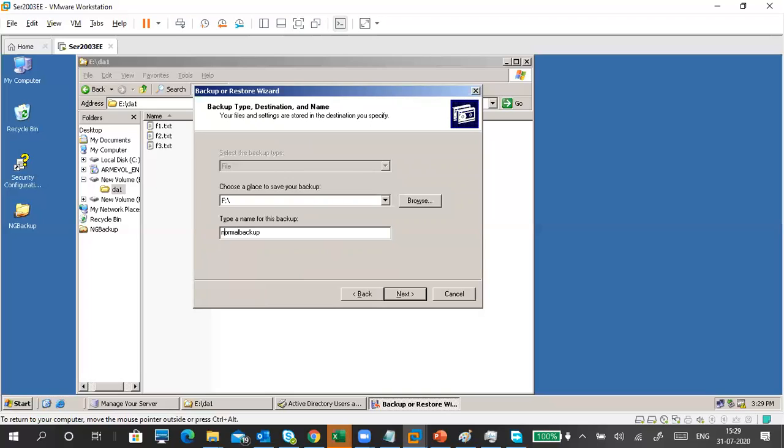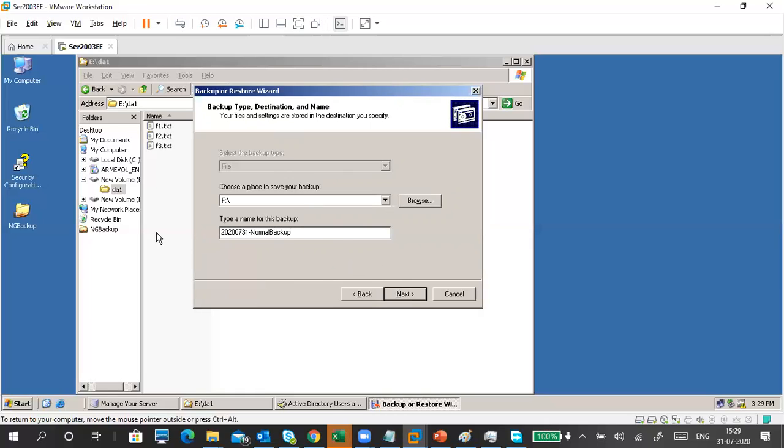When you take a backup, not only a name, you should give a proper date also. The date is always in reverse order. In general, say you're taking a backup on 2020/07/31. Reverse order, you have to give the date. And it is a normal backup. One or two, you can put as you wish.